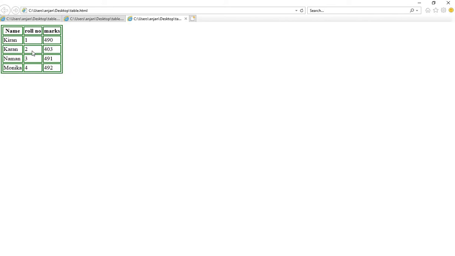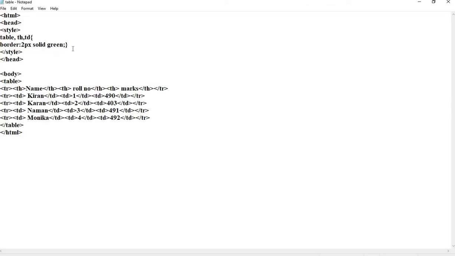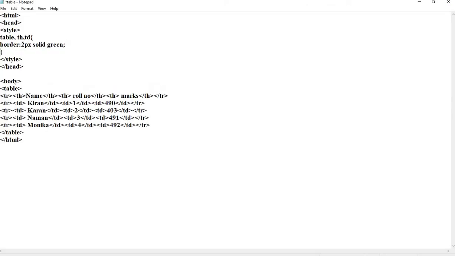Now suppose we want to make this border a collapsed border. For making a collapsed border, the property that needs to be added is border-collapse with the value collapse.